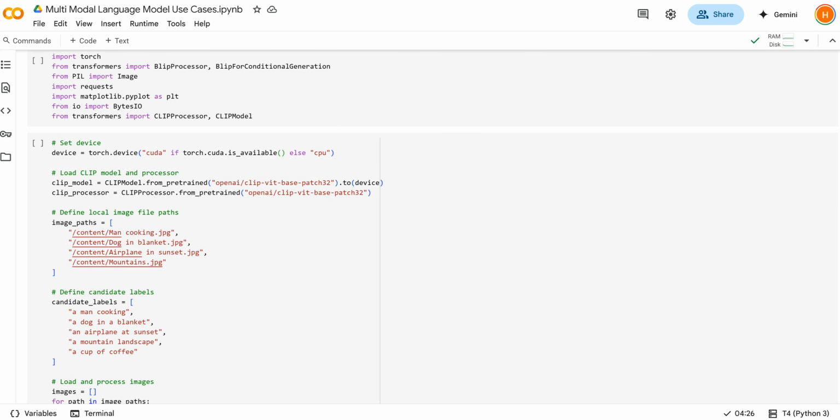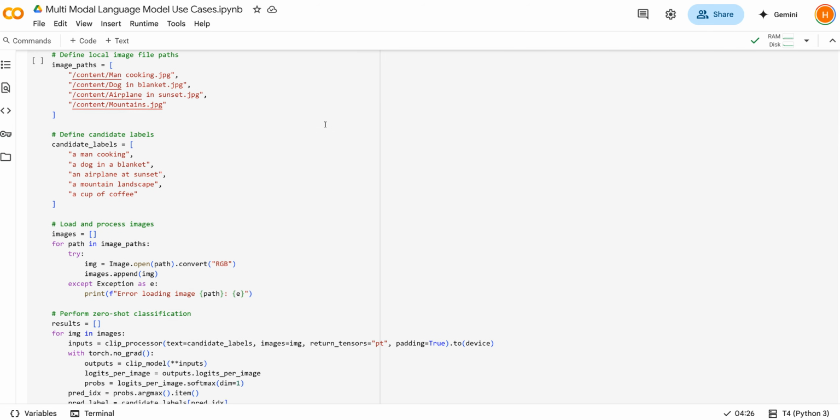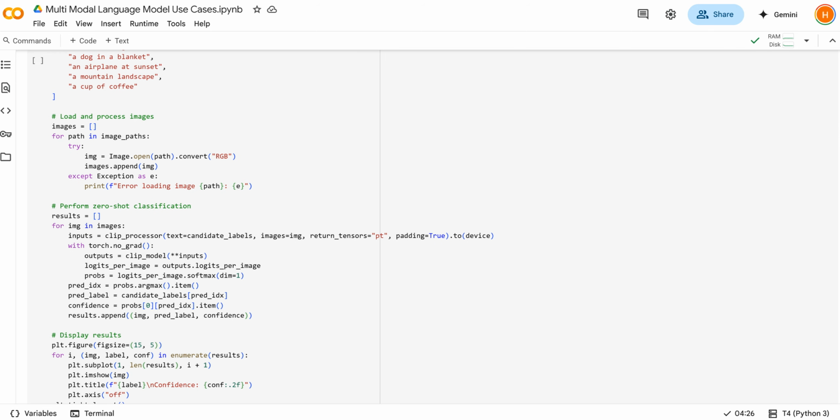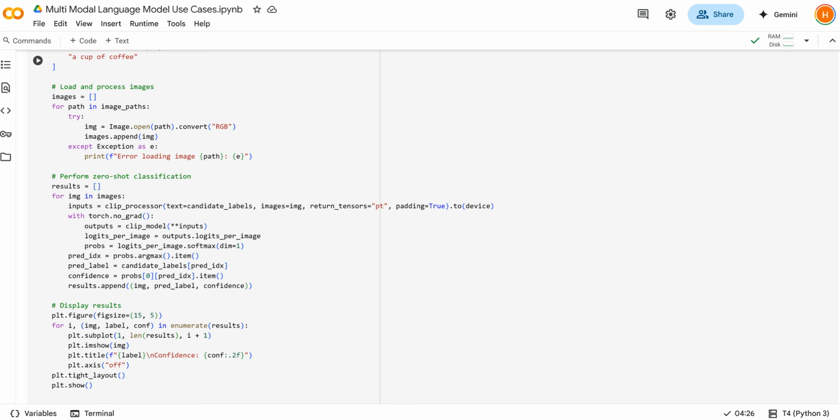We define four images like man cooking, dog in a blanket, and airplane at sunset, mountains, and five text labels. So these serve as classes, and then we visualize all the predictions using matplotlib, displaying the confidence scores. All this is with zero training,